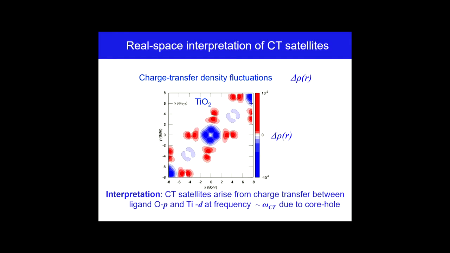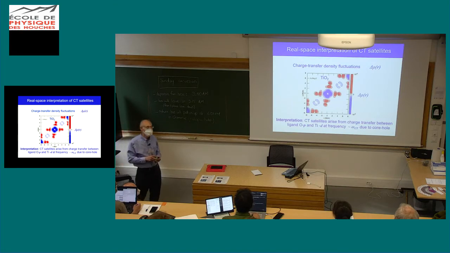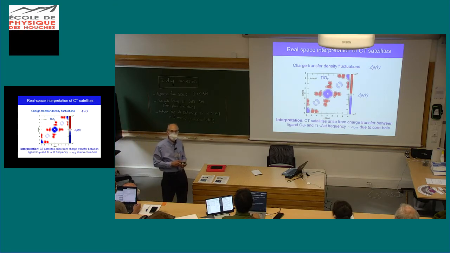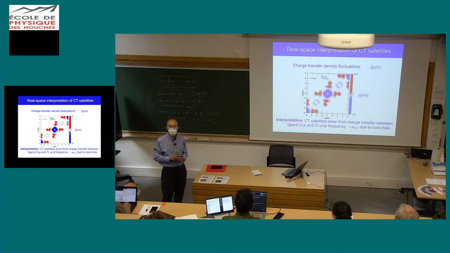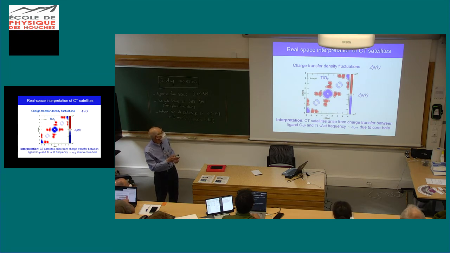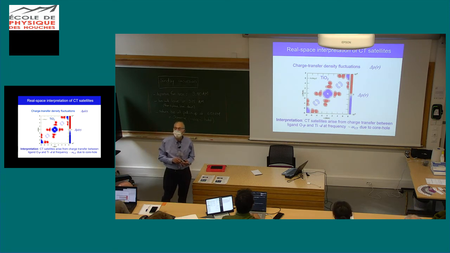It also explains the nature of the plasmons in these materials. These are correlated materials that have a charge transfer excitation. And the charge transfer excitation seems to come from charge transfer from the p ligands, these are the oxygens surrounding the titanium, to the d orbitals unfilled in the titanium. And this is a Fourier transform of what the charge transfer excitations are due to this suddenly turned on core